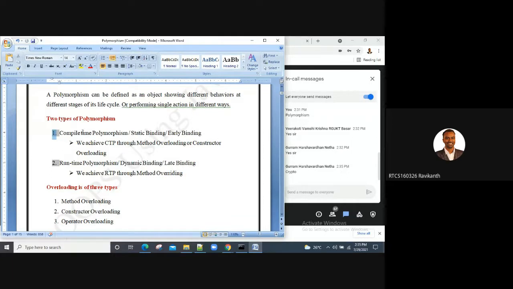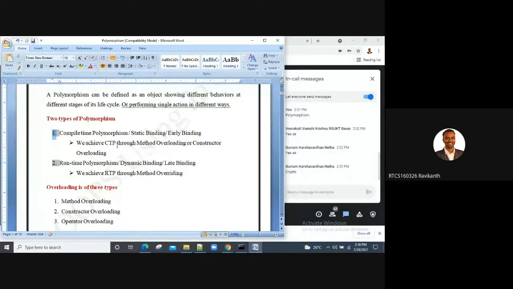So how do we achieve compile time polymorphism or runtime polymorphism is the question again. We achieve compile time polymorphism, or static binding, or early binding, by using the concept of method overloading or constructor overloading. And again, people talk about operator overloading also.